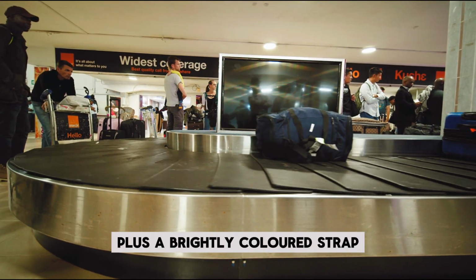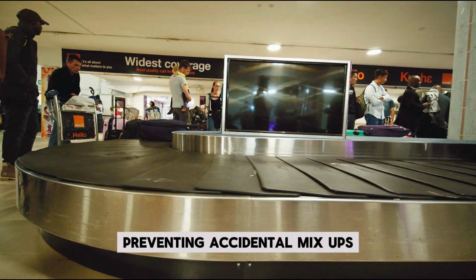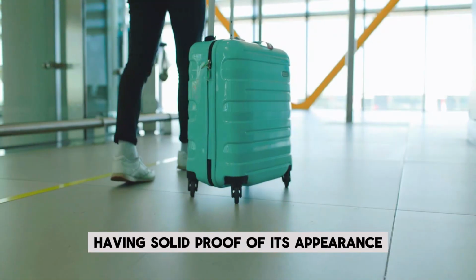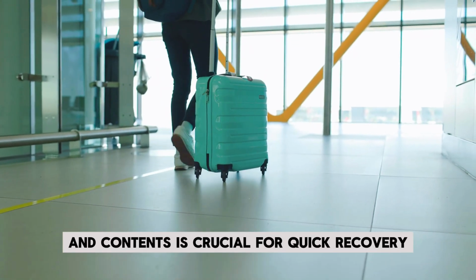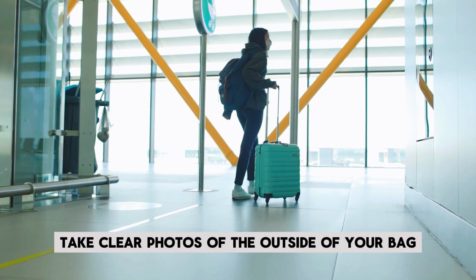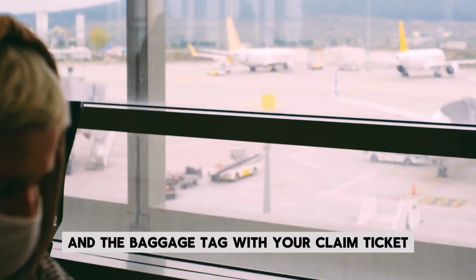Plus, a brightly colored strap makes your suitcase a breeze to spot on the carousel, preventing accidental mix-ups. If your luggage gets lost or stolen, having solid proof of its appearance and contents is crucial for quick recovery. Before checking in, take clear photos of the outside of your bag, including any unique markings and the baggage tag